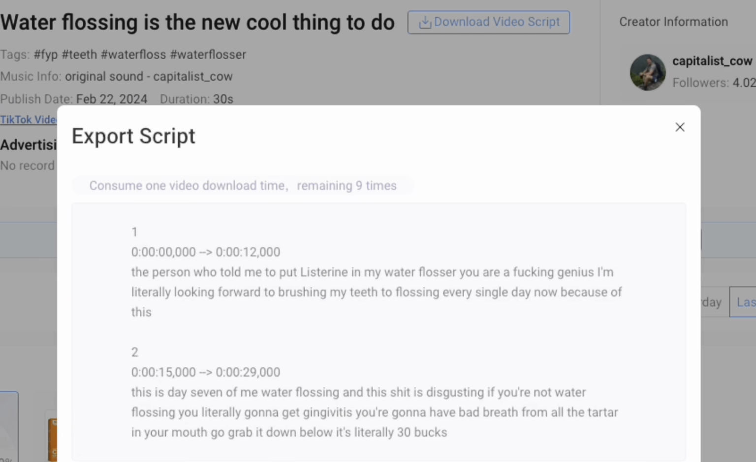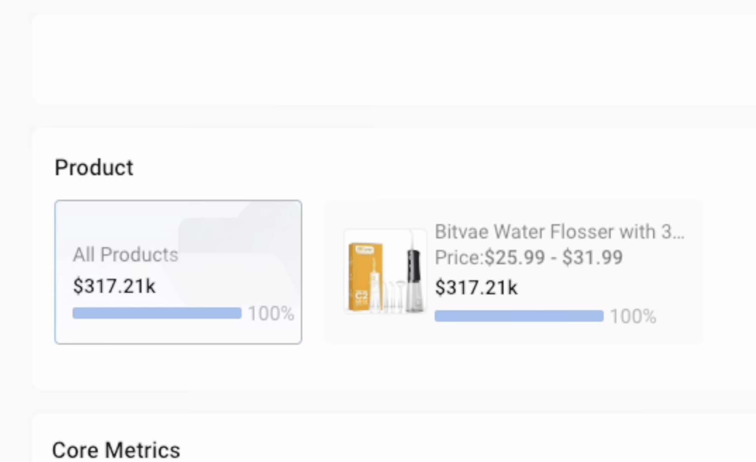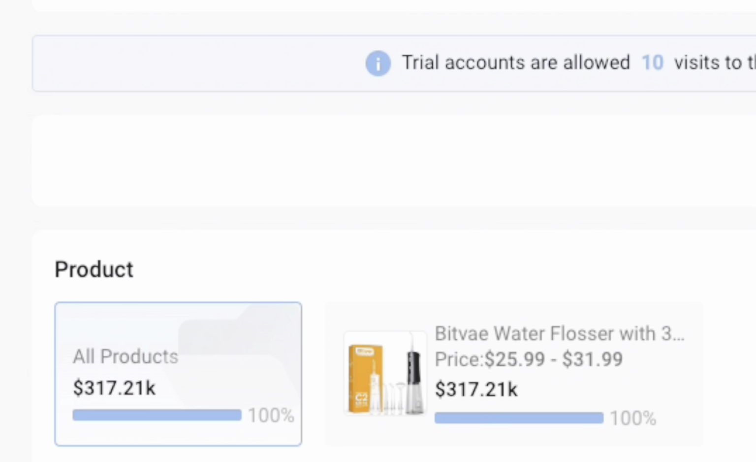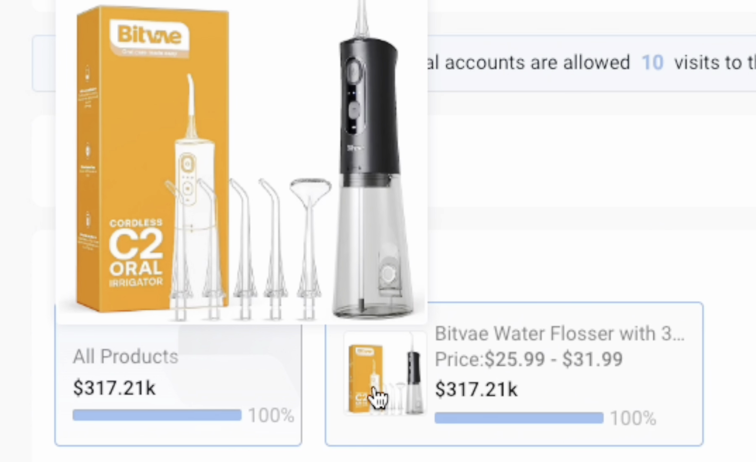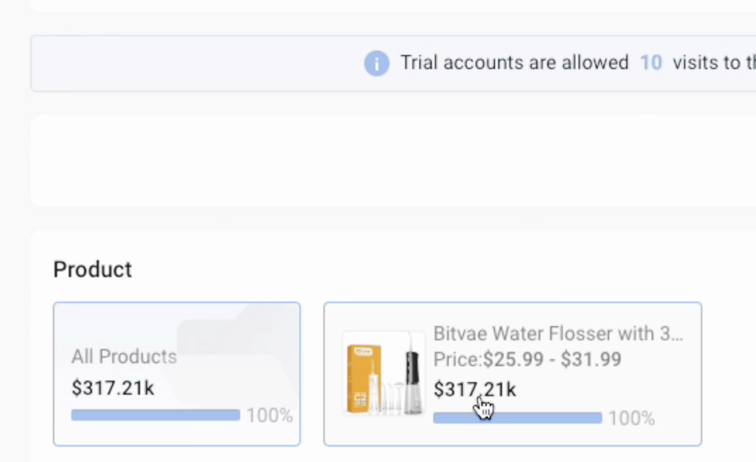If you want to save it on a Word document, on a Google document, you can do just from here, which is absolutely mad. In addition to that, you can actually see the product that they were promoting in the video as well as a TikTok affiliate. I'm just hovering over here, and as you can see, it's an oral irrigator. So it's a water flosser, and you can see the price range of the product that they're promoting there. And more importantly, you can see how much they've made in revenue selling this product as a TikTok Shop affiliate,